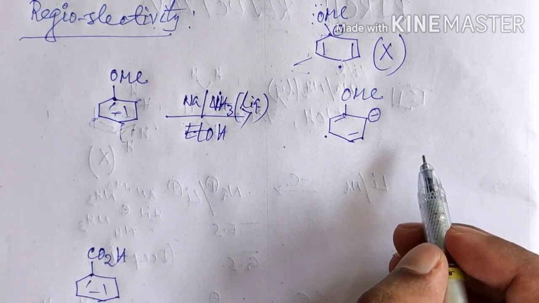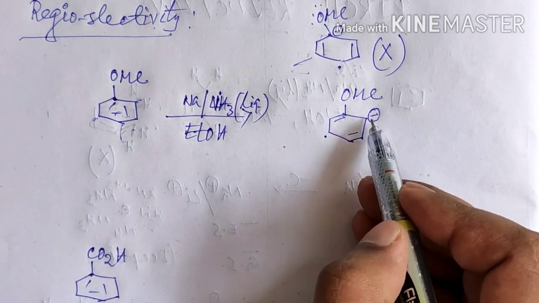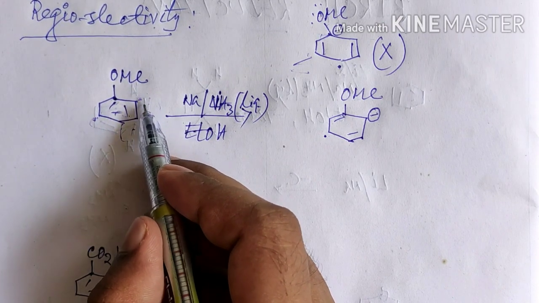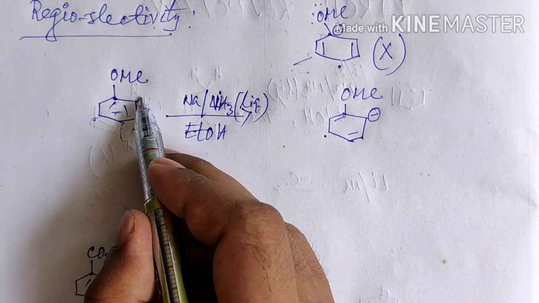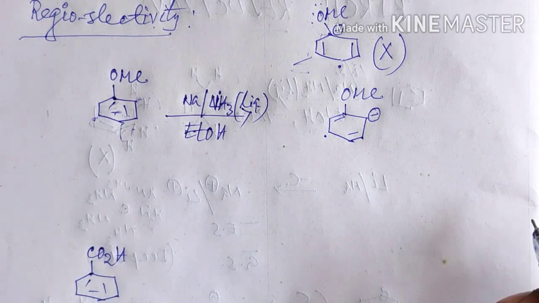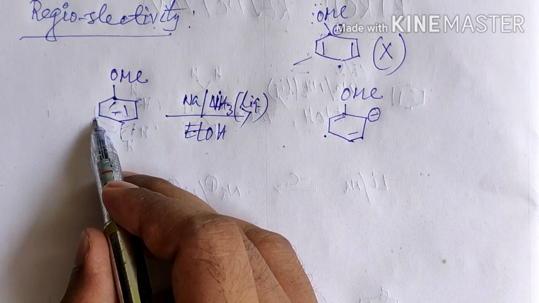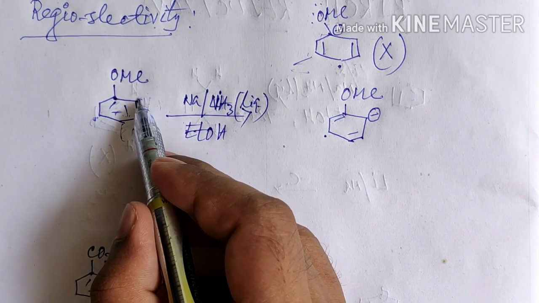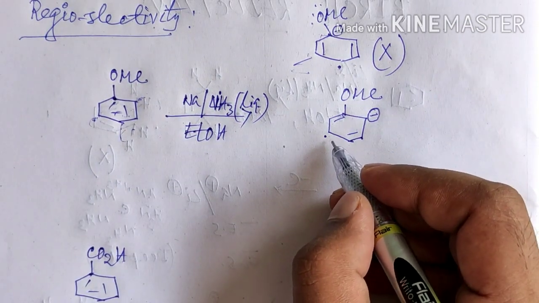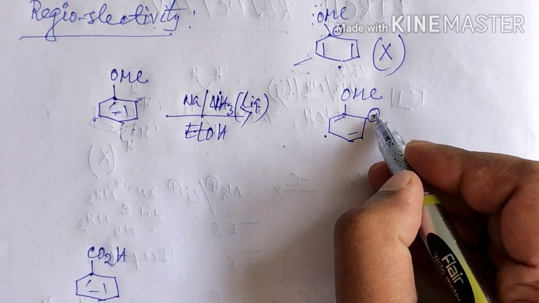There is also a debate about the attack of the electron to generate this radical anion: the electron will attack here first and the anion will generate here, or the reverse case, that is, the electron will attack this ortho position and the anion will generate at the meta position. From computational studies, it is confirmed that the electron mainly attacks at the meta position and the anion will generate at the ortho position to the electron donating group. That is the most accepted mechanism: the electron will attack here, it will generate a radical and here will be the anion,